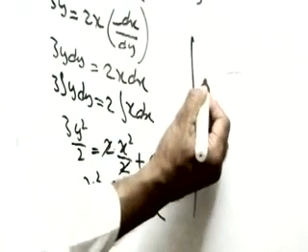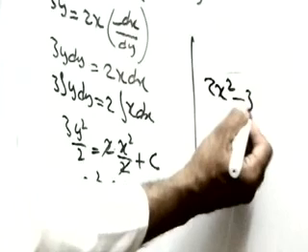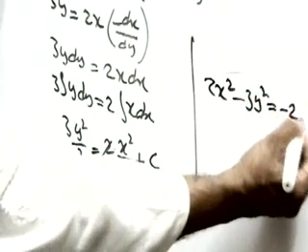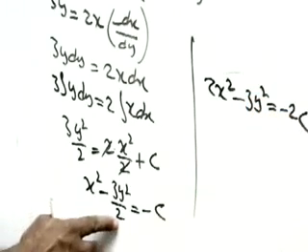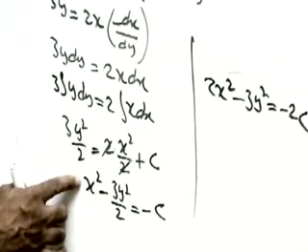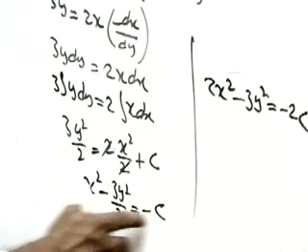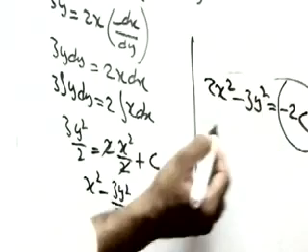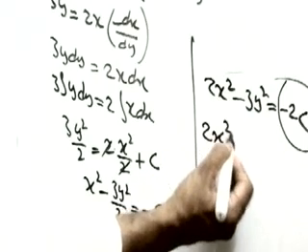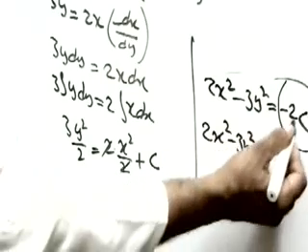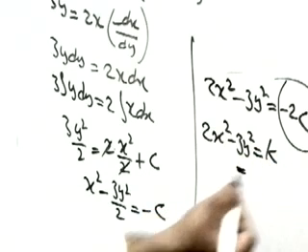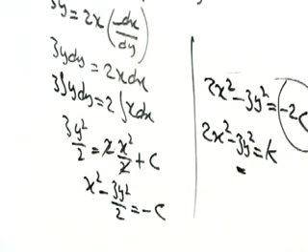Now last, let me take LCM. 2 into x square will be 2x square minus 3y square equals minus 2c. Let me change the constant. 2x square minus 3y square, this is constant, we can't write any constant here. So the equation is 2x square,